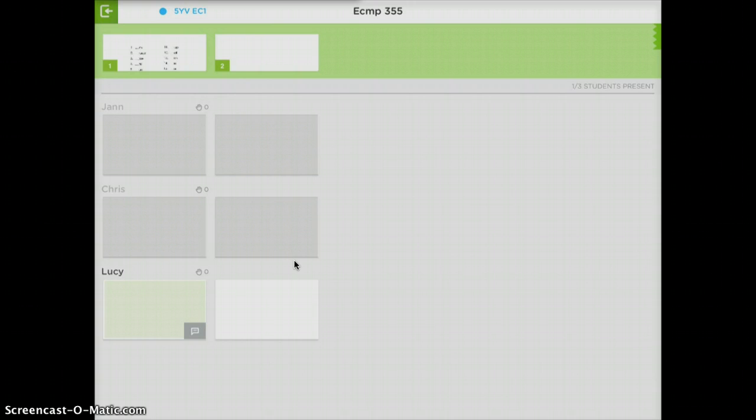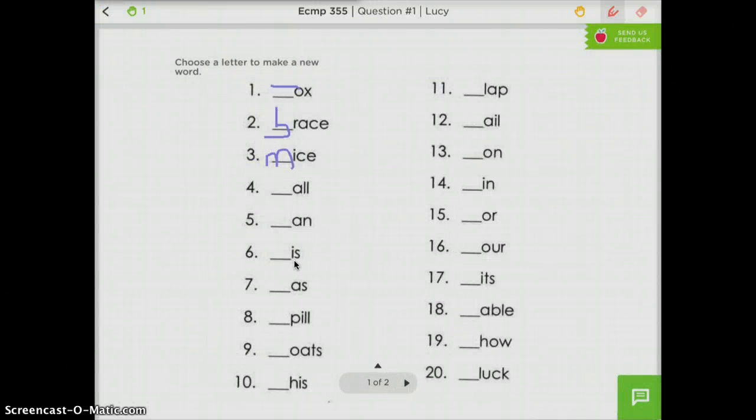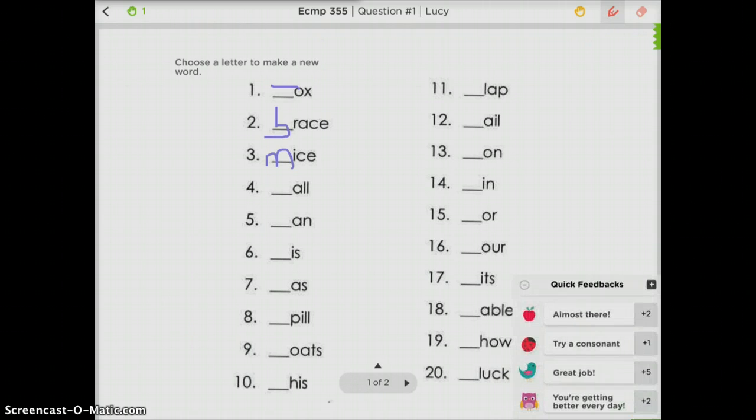I can see when she's working on things, and she can at any point in time raise a hand, and I'll see that come up here on my screen saying that Lucy here wants some help. So if I just tap that, I can go right into Lucy's screen, see what she's working on. I can give her feedback right away. At the bottom corner here, I can add pre-made work kind of stickers, and I can always add a new one if I just want it to be a sticker. I can add some text to it,